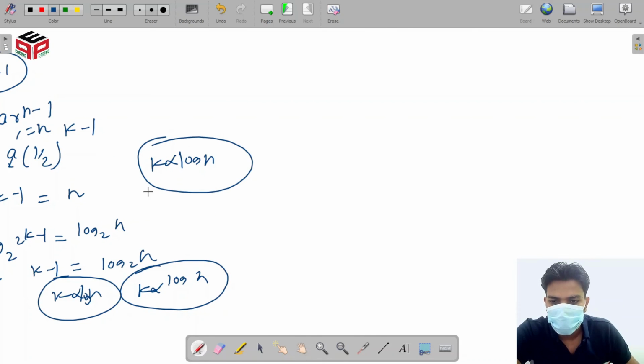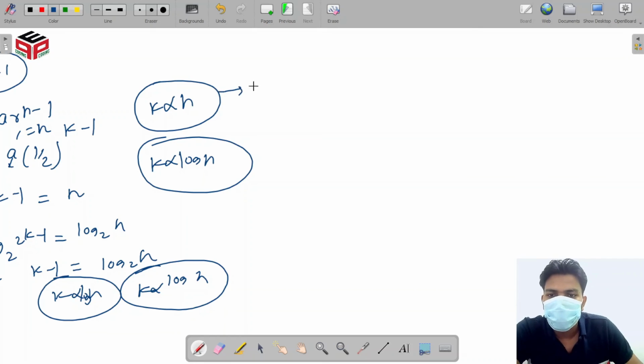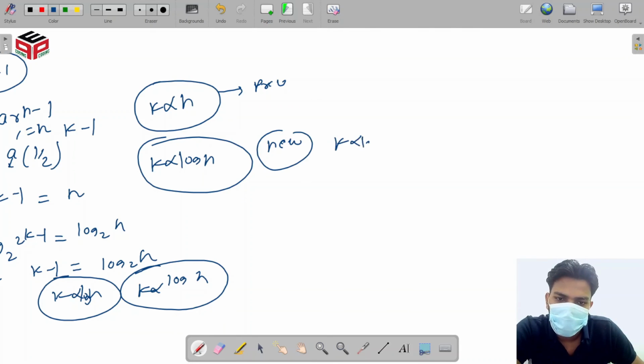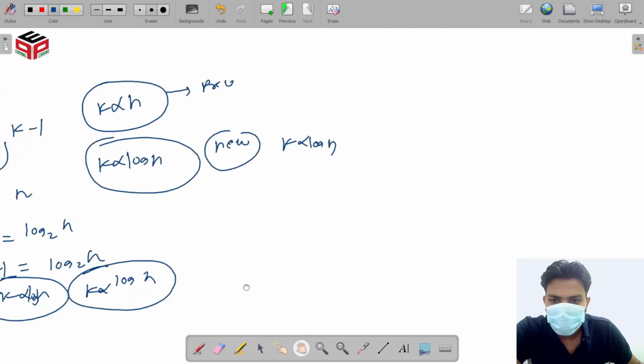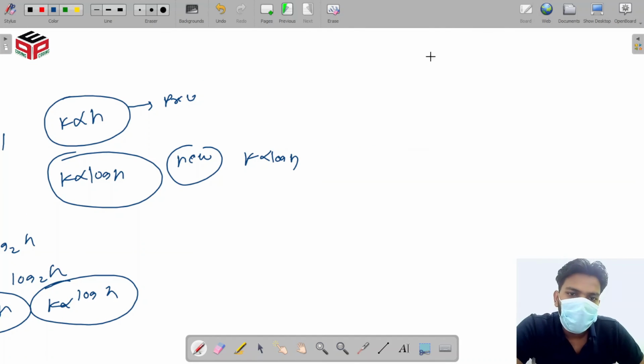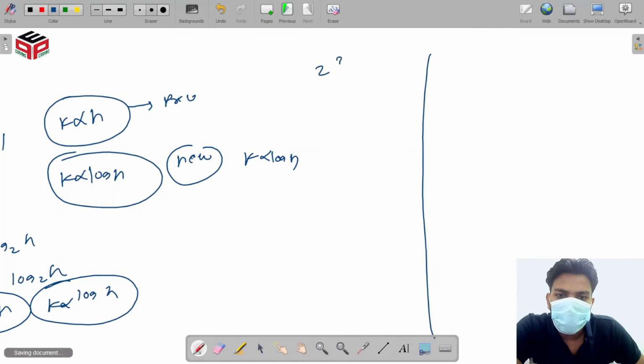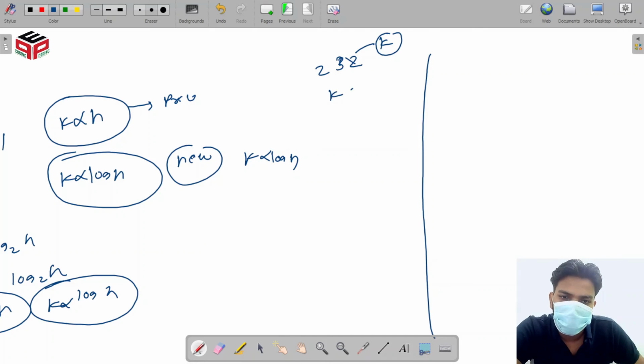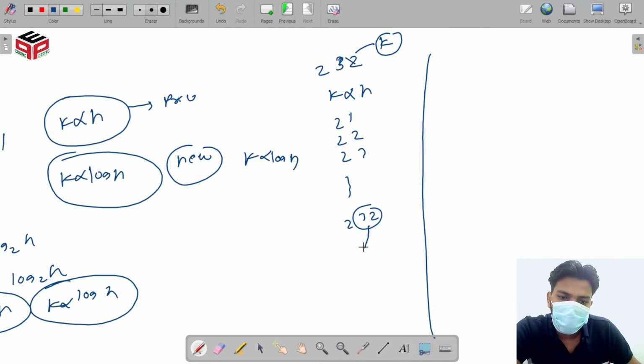In the previous problem we found that k is proportional to n in the previous approach, and in this new approach we get k proportional to log n. So you can understand the difference here with an example: if we want to calculate 2^32, in the previous approach k is proportional to n, so we calculate 2^1, 2^2, 2^3. So 32 steps we have to calculate.